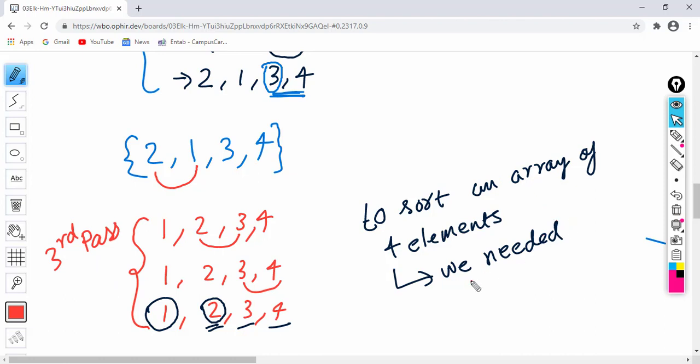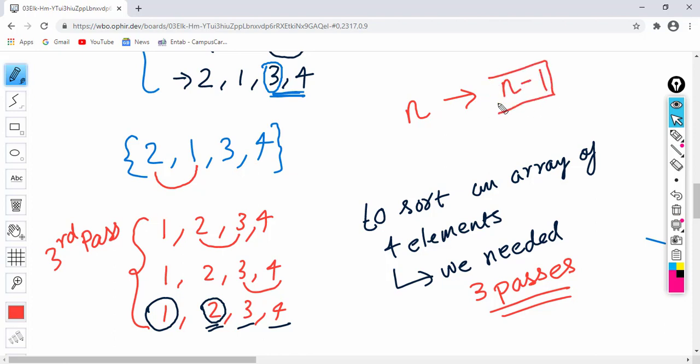We needed 3 passes. That means we can conclude from this that to sort an array of n size, we will need n minus 1 passes. So, remember this, we will need n minus 1 passes.